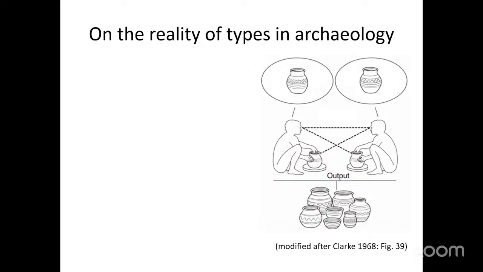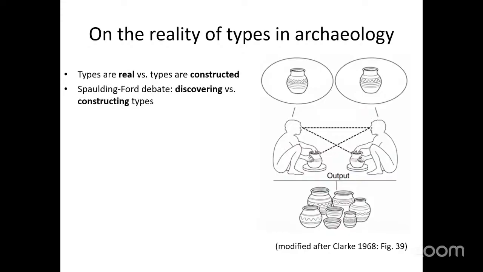The old debate, the unresolved debate in archaeology, is whether types are real or whether they should be constructed. It is most famously exemplified by the debate between two American archaeologists, Albert Spalding and James Ford, who argued for these opposite viewpoints, whether types are something that is out there that should be discovered, or the types are something that is arbitrary, that has to be constructed and used for some purpose to measure time, to measure cultural interaction, and so on. And in our view, there is no single correct answer to this question. It depends upon the perspective.